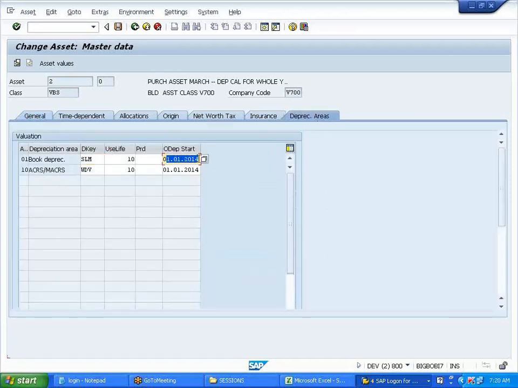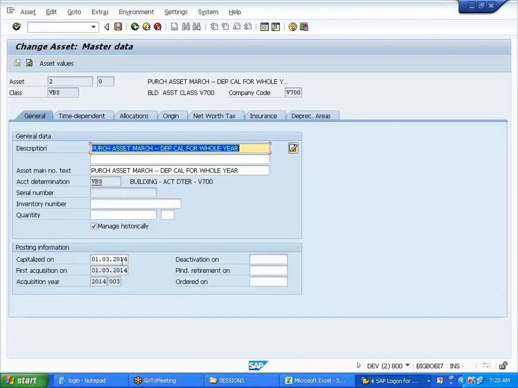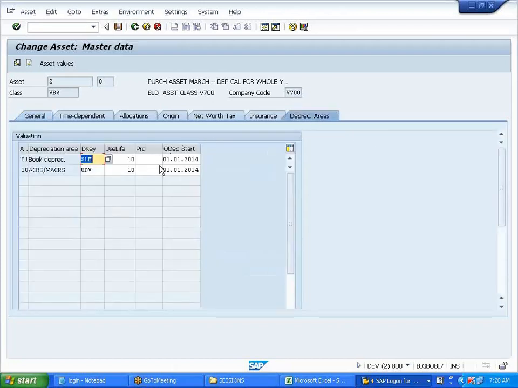But in the earlier case, whatever the depreciation was, it had come over here, right? If I am purchasing in the first 6 months, my depreciation area always says it is 01/01/2014, whole year. Correct? Everyone with me on this? Ravi? Okay.